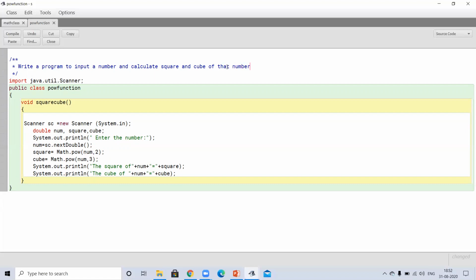Number is not given, but we have to give the input of that number.